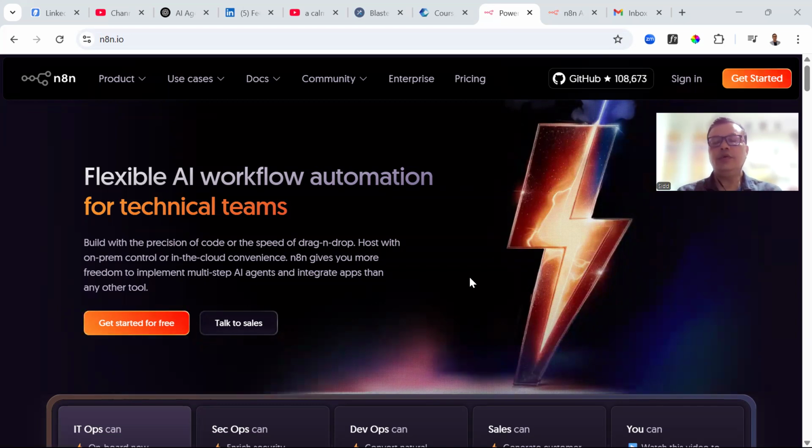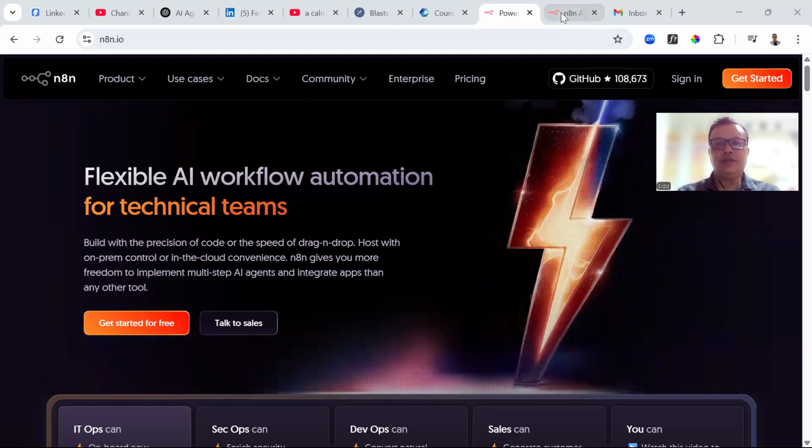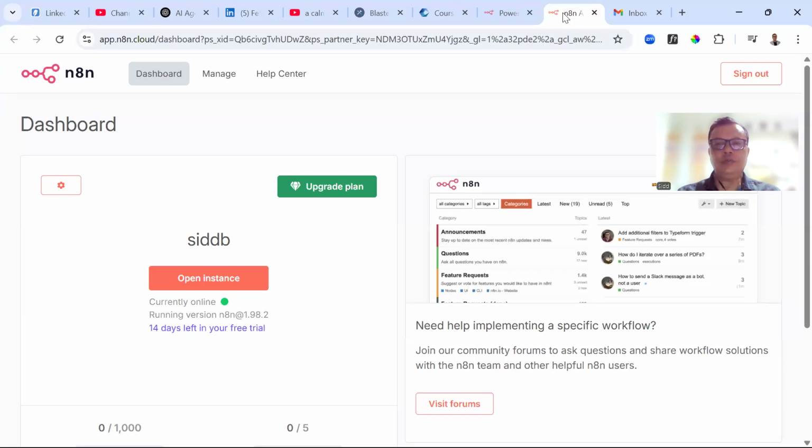When you put your credentials in, all the details are filled in, and once you are signed in, it will come to this particular page, and you will see this particular dashboard which I am seeing now. So you can see it's 14 days left in your free trial. So in these 14 days, you can literally master this AI agent automation and start your own setups, own deliverables,